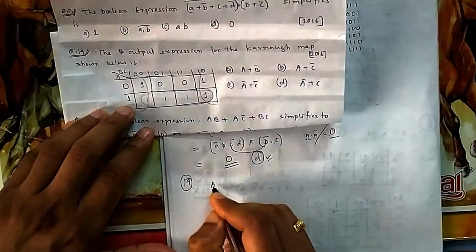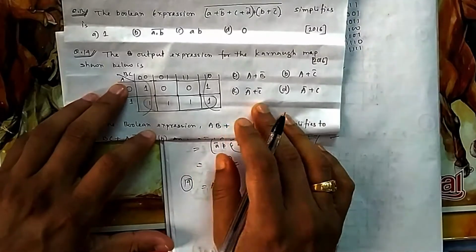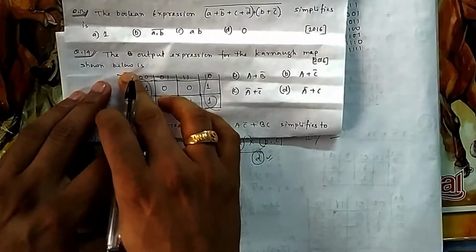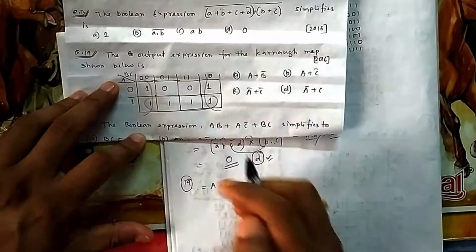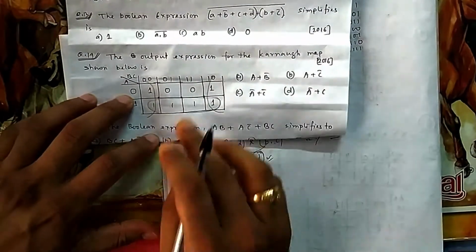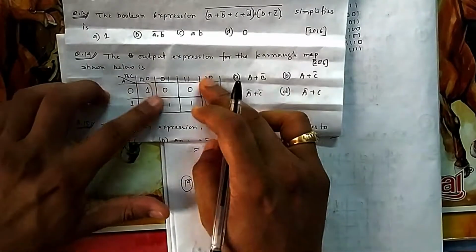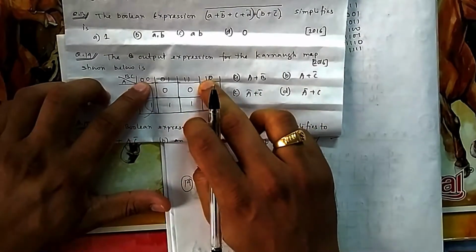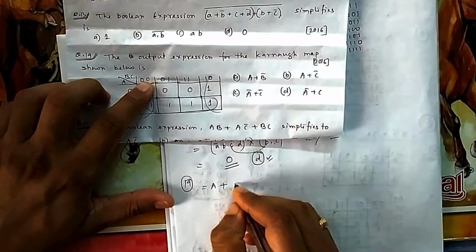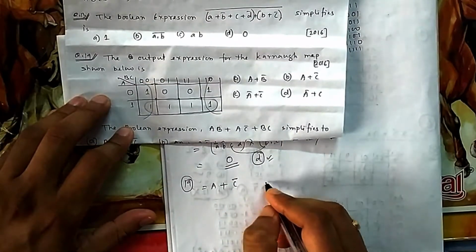A, then plus, because A B C they write A here, then B C, so A is the first. So you start with A, then these two, out of these two, A is continuously changing, and which is not changing? B is also changing, C is not changing, you can see, and it is C bar. So A plus C bar, that is your option B.